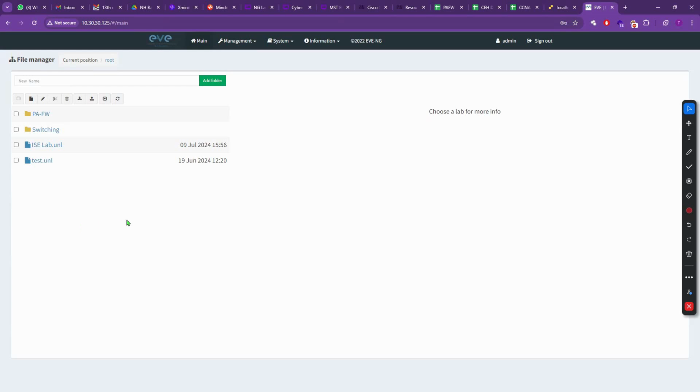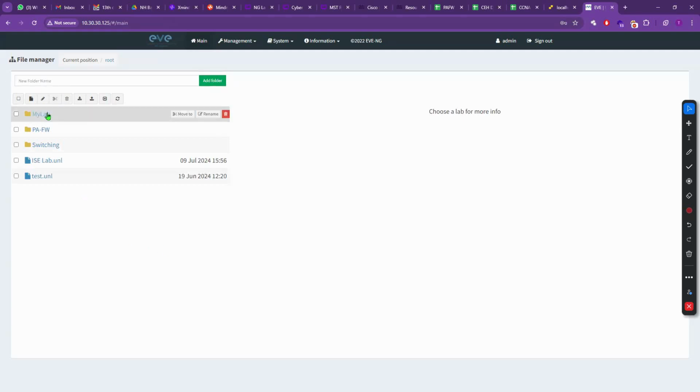Okay. And nowadays, I also start cyber labs with EVNG because it supports that and works well. So if you find this empty, then here we have a new lab option. If you want to manage multiple labs properly, then directly type any name here and create a folder. Okay. Let's say here I'm creating a simple name. Let's say my lab. Just type the name, add, the folder is created.